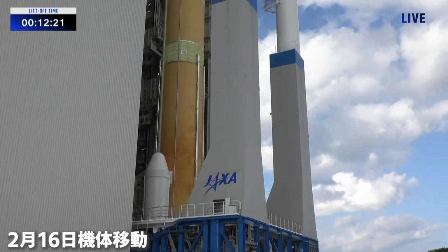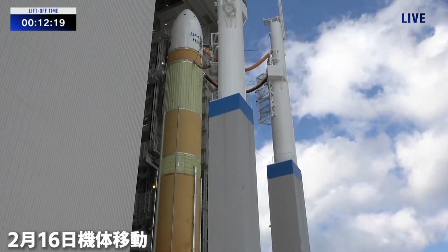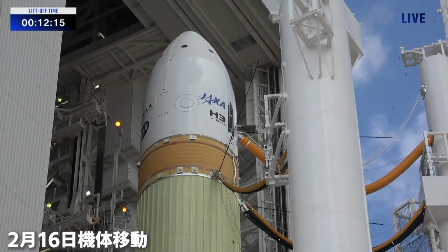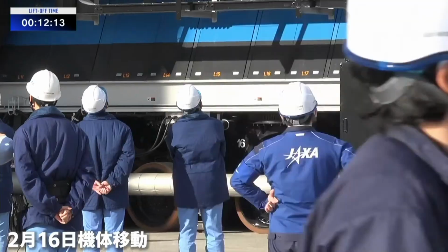Watching this, we see that a lot of work and testing have been carried out. The process is similar to that of the H2A and H2B rockets. The work is almost the same, but it's a very large rocket. In terms of the clearance, putting it in a narrow space was quite a difficult task. And this was when the launch vehicle was transported. We were walking alongside it,